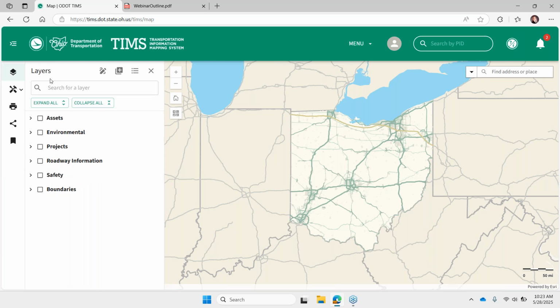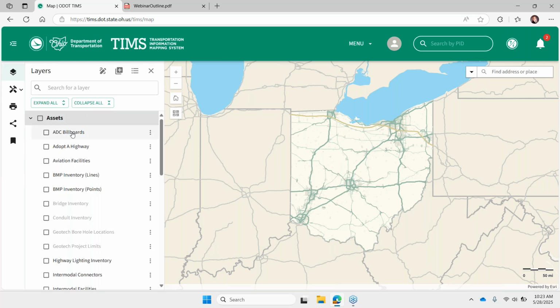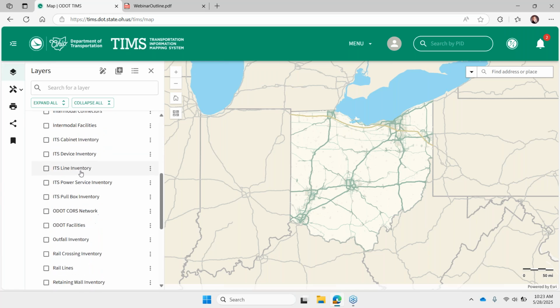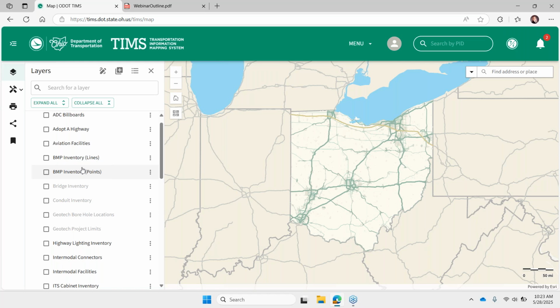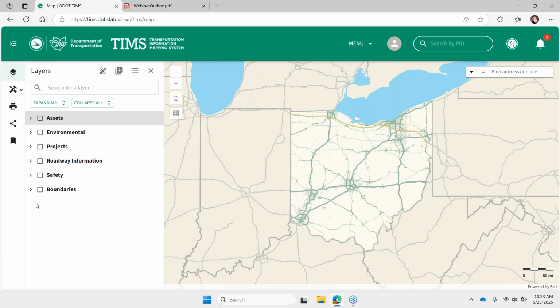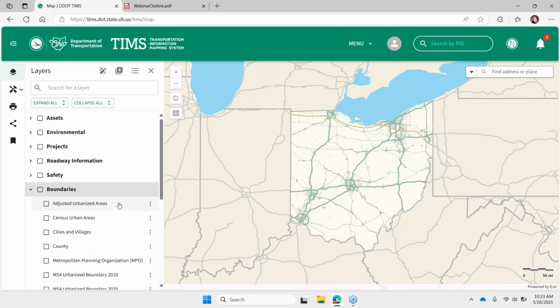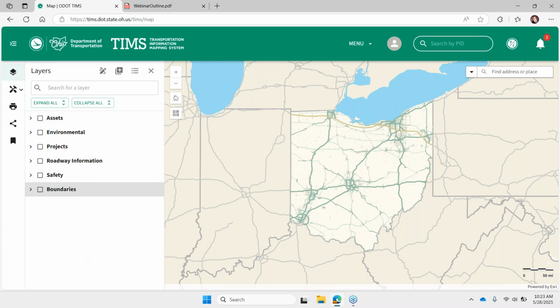Okay, so in our layers pane, you can expand the layer groupings and scroll through to see what's available. We have over 130 layers available in this Create a Map page, so it can be overwhelming. Now we've introduced a search tool just for finding, in this layer list, the subject matter that you're interested in.